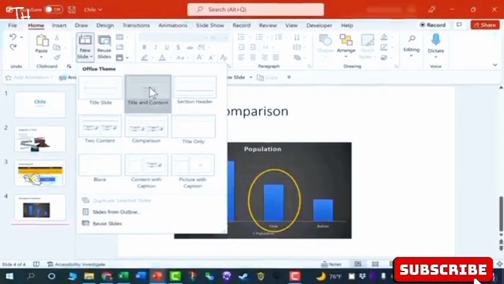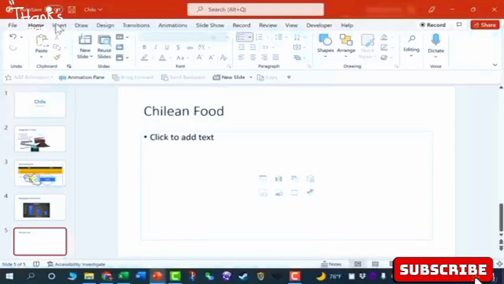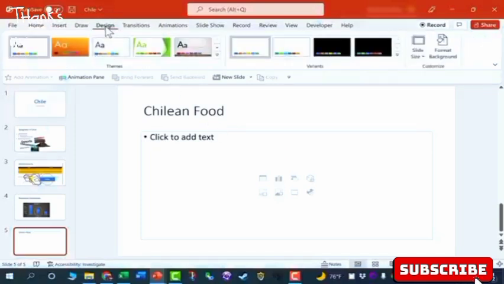And for this, I want title and content, and I'll click to add title, and I'll call this Chilean Food. So that's the title for this slide. Now I could certainly click Insert and insert some photos of Chilean food onto this slide. But another way to use images in PowerPoint is to actually add a picture or an image as the background of the slide. To do this, you would go to the Design tab, and here at the right, just choose